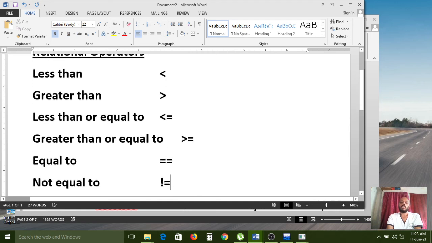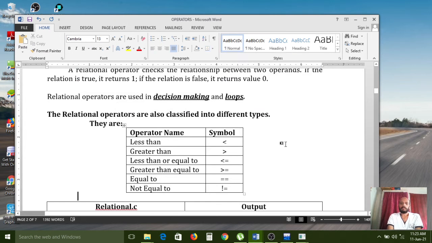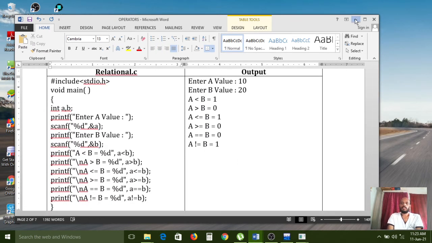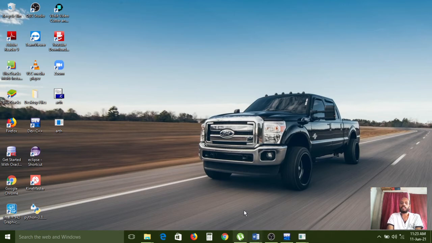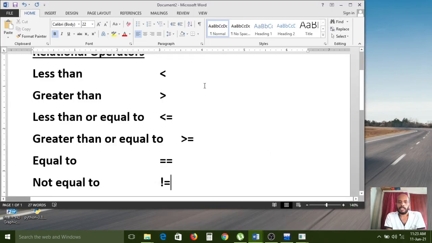Now we have to see the example. Actually, relational operators we can use if you want to check which is the biggest and which is the smallest of two values. How can you find out?